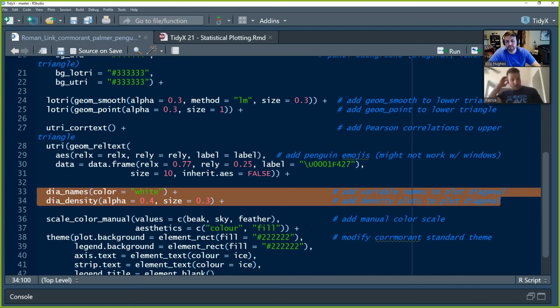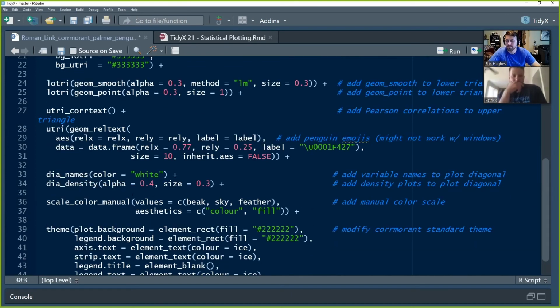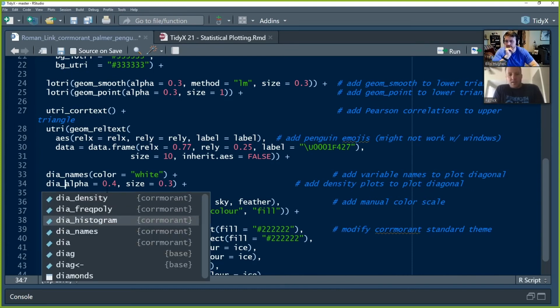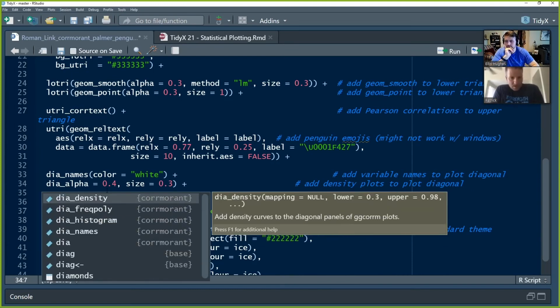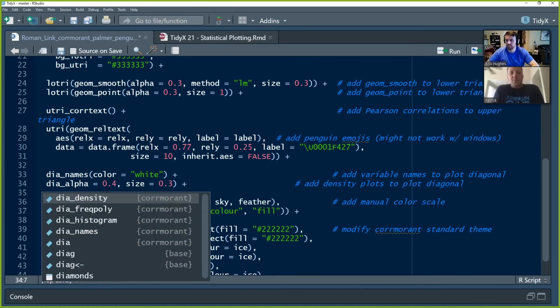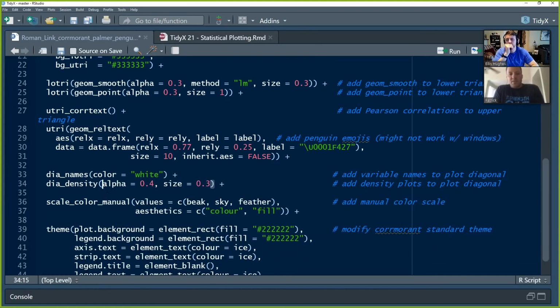Yeah. So here, the first thing after the diag names is color white. So he's going to basically tell you what he wants it to look like. And then density is he's asking for a density plot. And we've made those before. I think you can change that to histogram if you wanted. There's a number of options that he kind of gives you there. Looks like 3 options for right now. Maybe he'll be adding more, but he left it as a density plot, which is really cool to look at